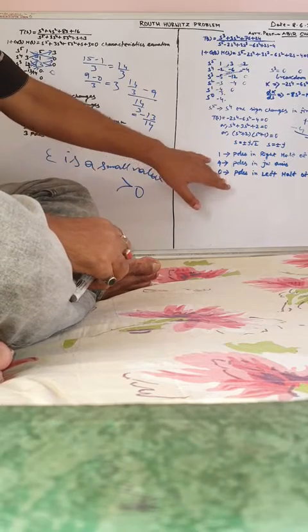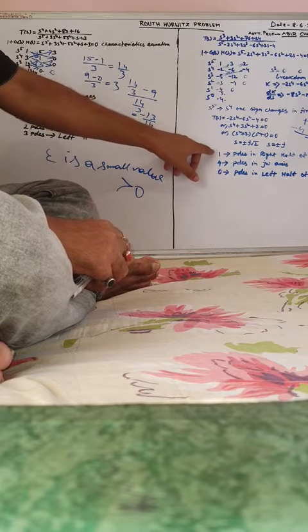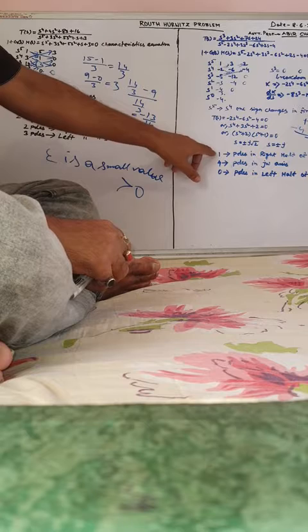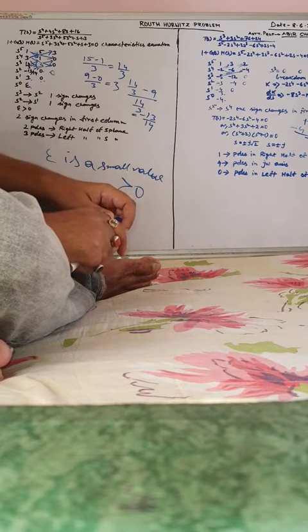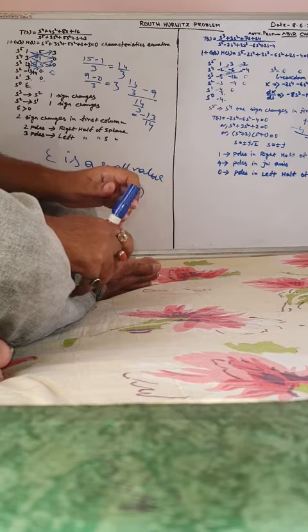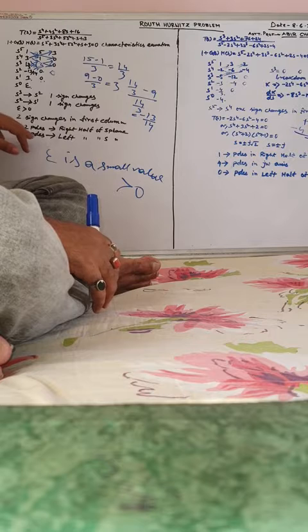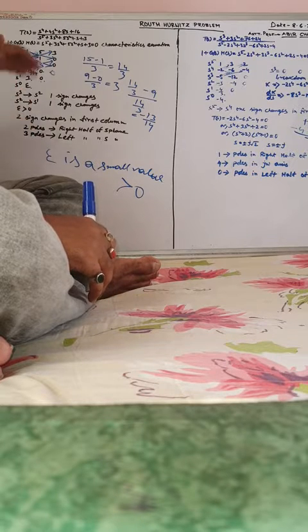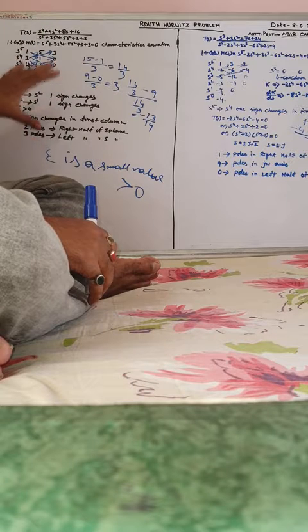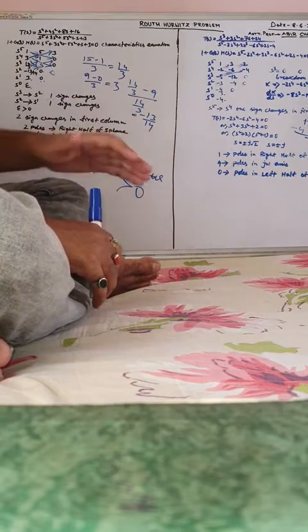Here the system may be marginally stable because 4 poles are lying on the j omega axis, but 1 pole lies in the right half of the S plane. So the system may have the tendency to become unstable. Here also the system has the tendency. Here also 2 poles lie in the right half of the S plane, so the system will become unstable. This is an unstable system. This is also an unstable system.